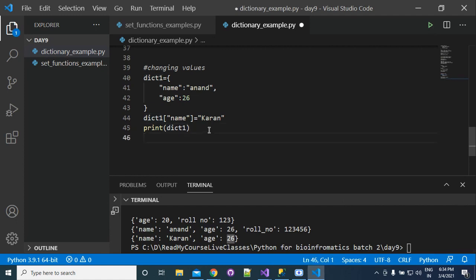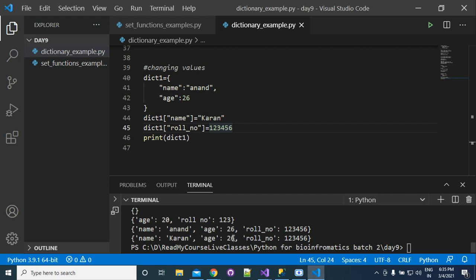Now what will happen if I write roll number is equal to 123456? You know that roll number is not present in the dictionary, so it will insert a roll number into this dictionary, and now if you print, you can see that in this dictionary we now have name and age and roll number also.